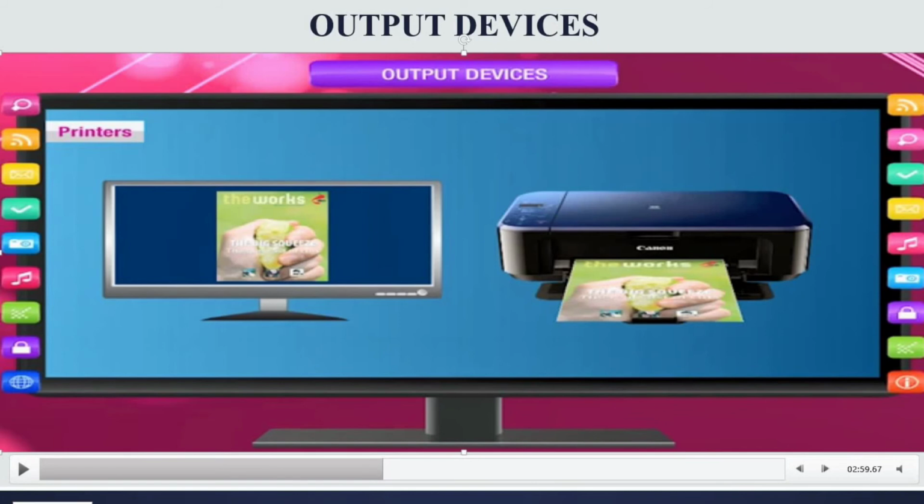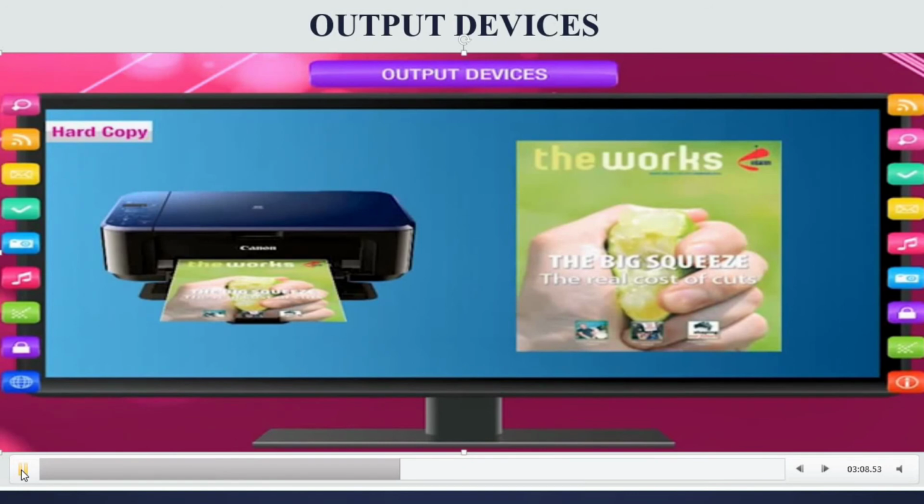As you know, what is the printer doing? It prints on paper, right? What you can see on the monitor, you can print on paper using this printer device. You can see here we are printing this paper.